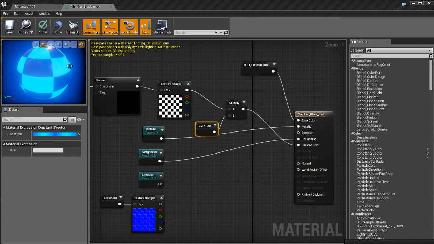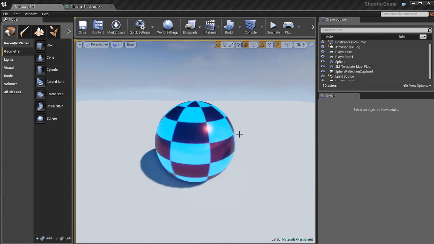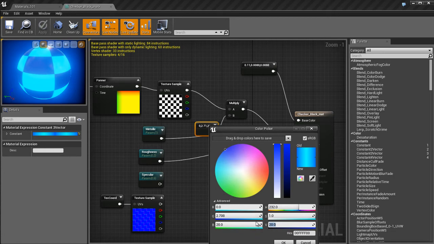And that's going to make this thing really glow. You can see now it's completely self-illuminating and glowing. It almost looks like some kind of irradiated sphere. And if we look at it in the viewport, that really starts to look like it's glowing, like it's self-illuminating itself. Maybe it's just full of some kind of weird